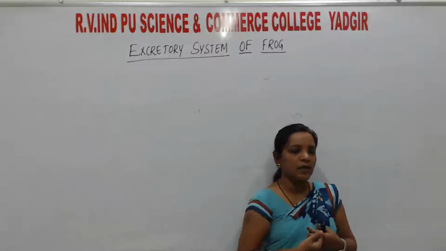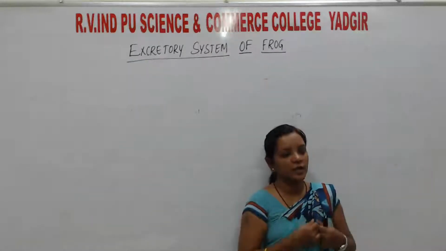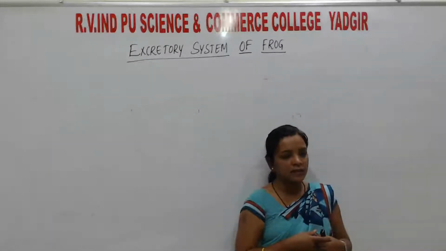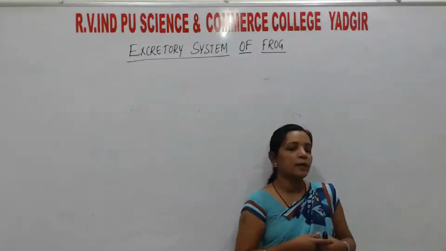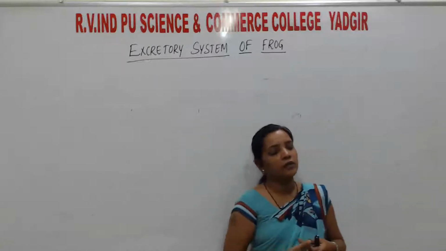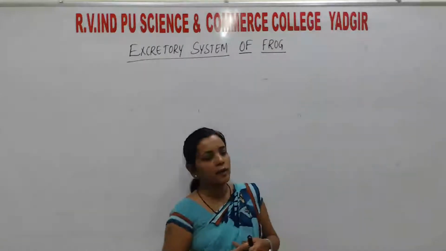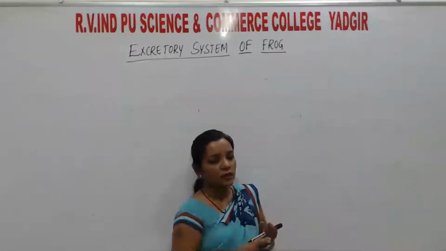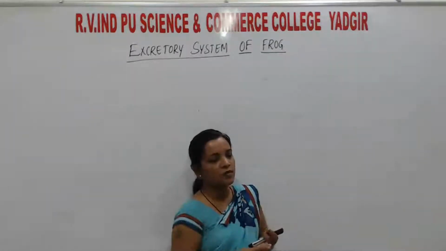The head has bulged eyes, and the tympanum represents the ears. A bilobed tongue is present. Understood? We have completed the anatomical system, and also the respiratory system